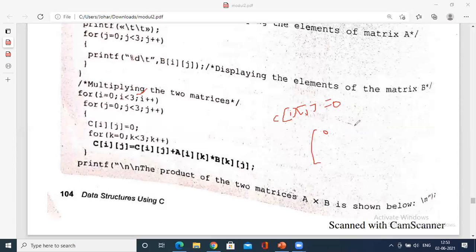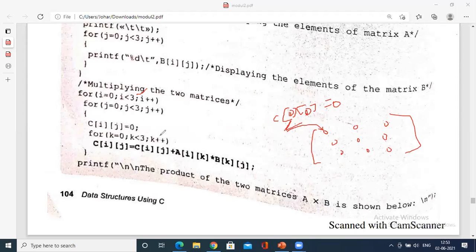The resultant matrix is 3 cross 3, no? So you initialize every c of ij value to 0 before you store. Now you calculate what has to be stored into c of 0, 0. C of 0, 0 is initialized to 0.